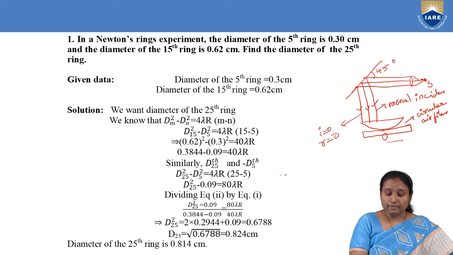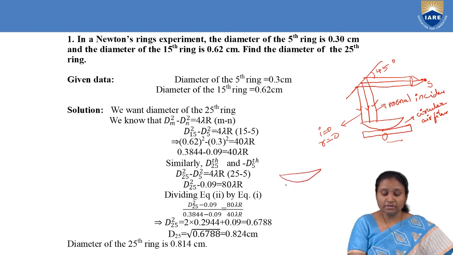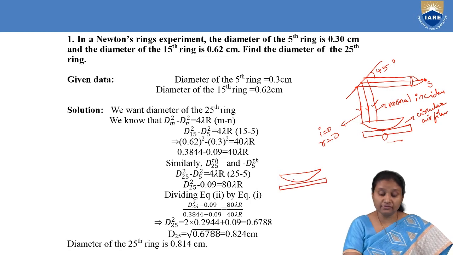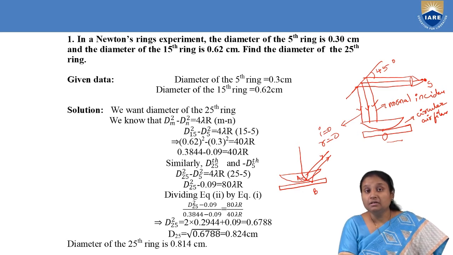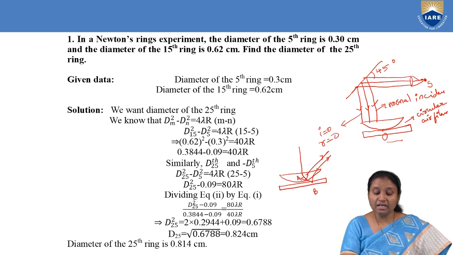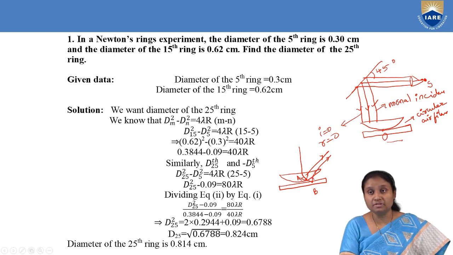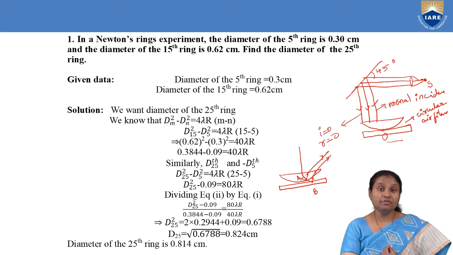And once this light goes and falls on this particular air film, when this normal light starts entering, what you will observe is that light rays get reflected from the top surface as well as the bottom surface of the air film. As you can see, I'm considering 2 points on this air film: this is point A and this one is point B. Points A and B are on the top and bottom surfaces of the air film, and we have light rays getting reflected from the top and bottom surfaces. Here, division of amplitude is taking place.